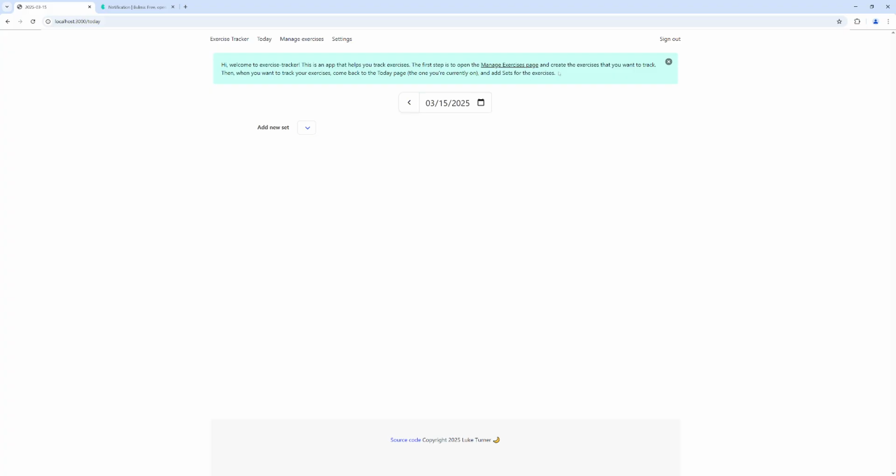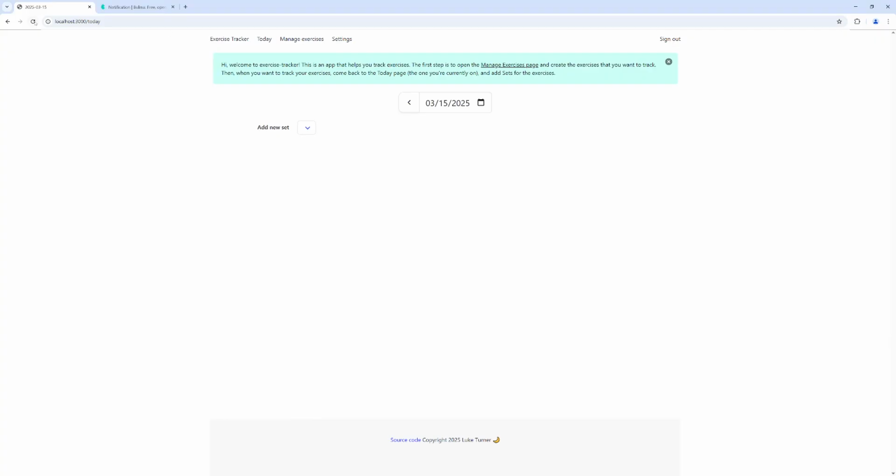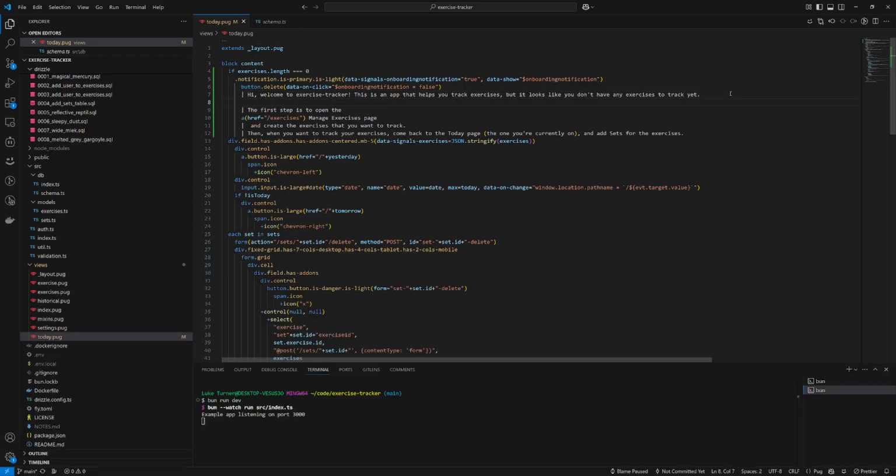And I might put a thing where it's like, this is an app that helps you track exercises, but it looks like you don't have any exercises to track yet. And I might do